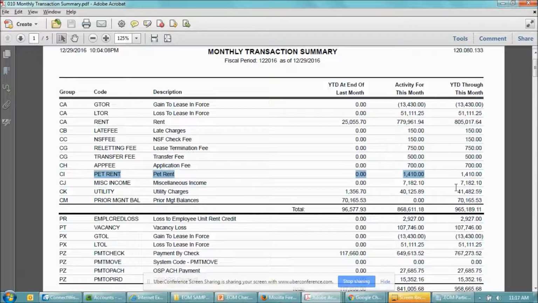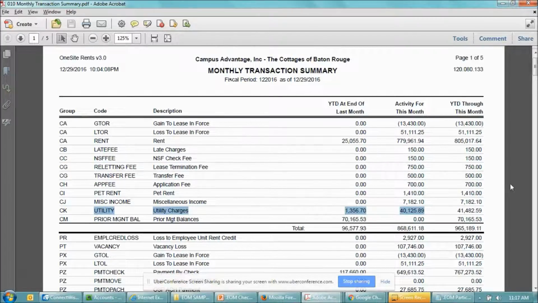So for example, if you charge utilities, you want to look at your utility charges. If you haven't, this is the place where you can see, oh, I haven't entered XYZ for the month. Maybe you were supposed to charge somebody something and you don't see it there. Maybe you did evict somebody, you were supposed to put attorney fees or something, and nothing happened for the month. So that middle column there tells you